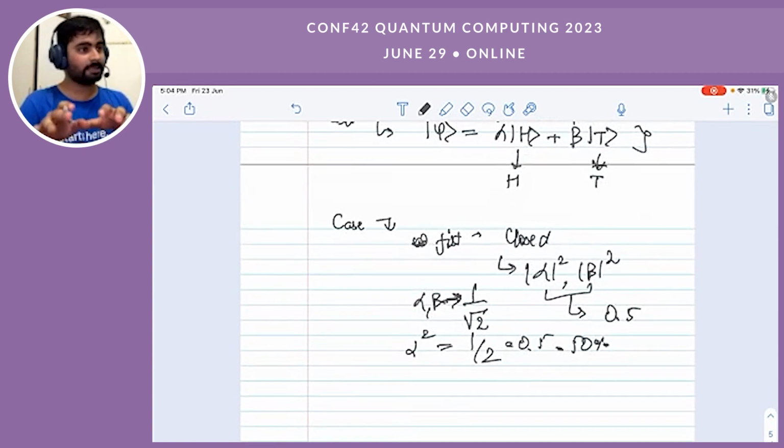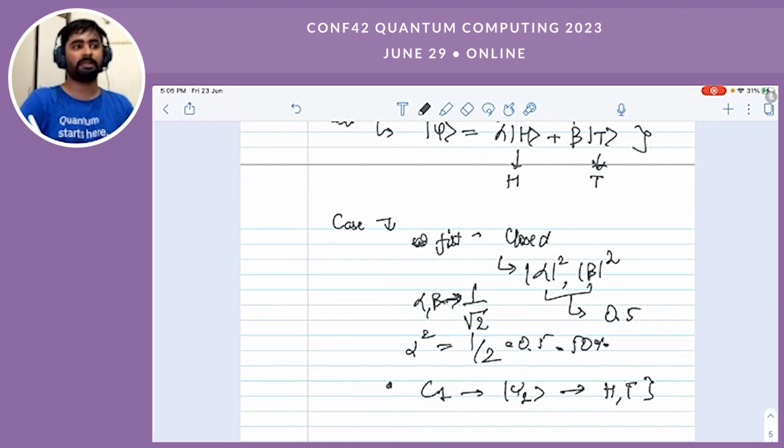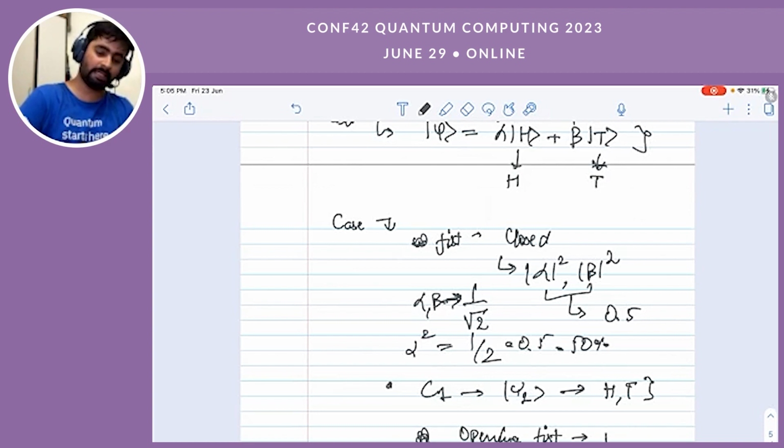Now how exactly does this come into play in the actual quantum computing aspect? There were only two possible states, but now in some sense I'm saying that there's one single coin C1 which has a state psi1. When it is in the fist, it is a combination of heads and tails, a combination of two states existing simultaneously until we open the fist. Just for context, opening the fist is basically what we call measurement,